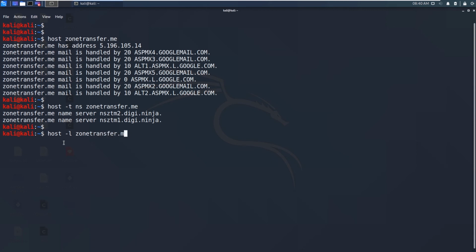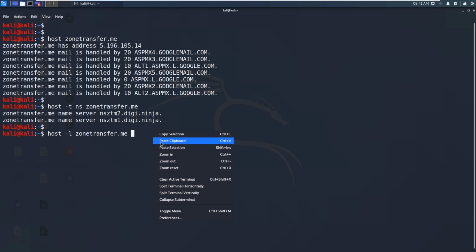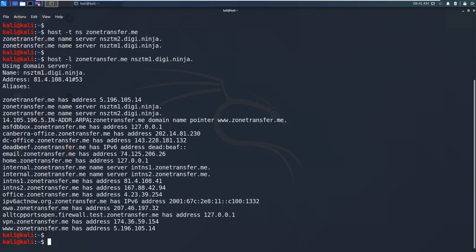What we want to type is this name server. As you can see, there is a lot of output here. We got a whole bunch of information from this name server for the domain zonetransfer.me. zonetransfer.me has IP version 4 addresses, the name servers, and the pointer record, and also there are so many subdomains.